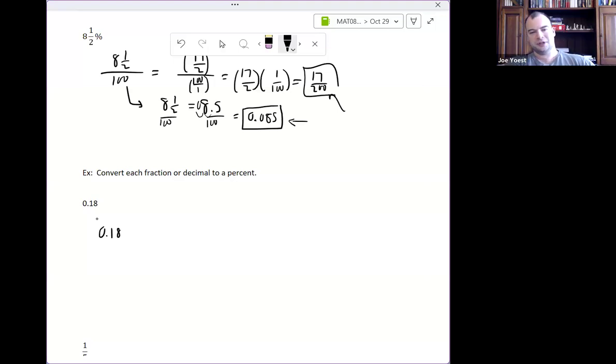Well, with a decimal, I multiply by 100 divided by 100. And I want to keep the 100 on the denominator. So this is going to be 0.18 times 100 divided by 100. I don't want to simplify it, or I want to keep that 100 in the denominator. I don't want to touch that because that's what's going to turn into,